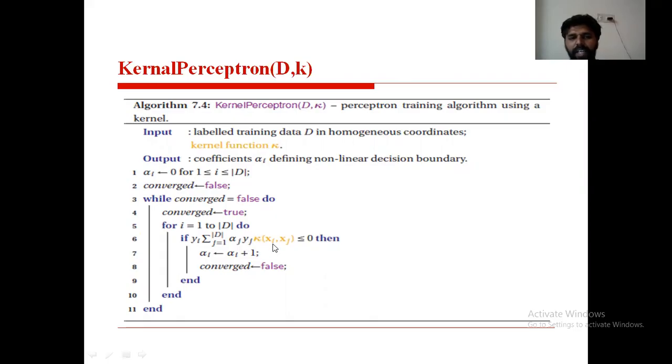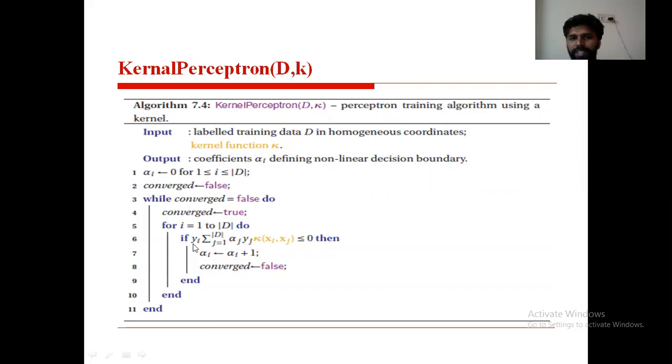Here i and j are the instances on the instance space. If the difference is less than 0, then we are assigning alpha i plus 1 to alpha i, and the converged value is assigned as false. This procedure is repeated up to the last instance in the dataset D.